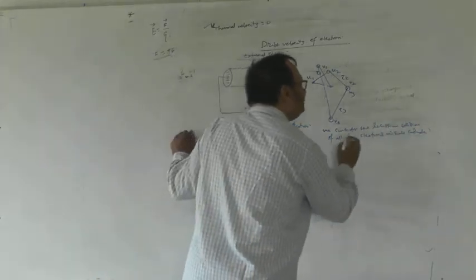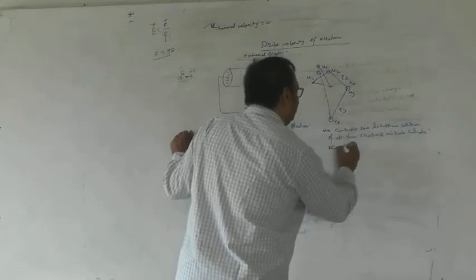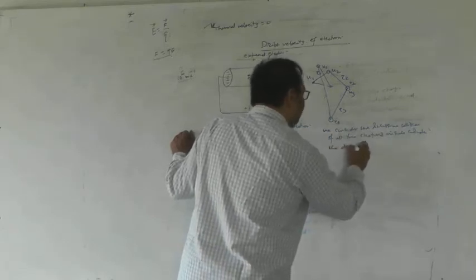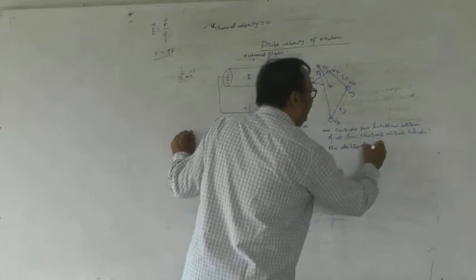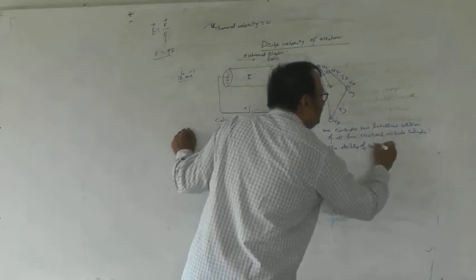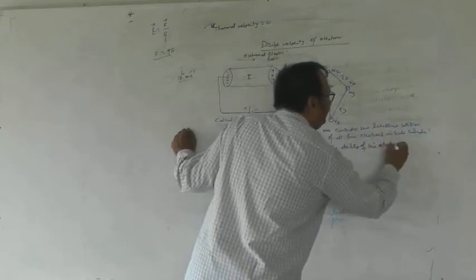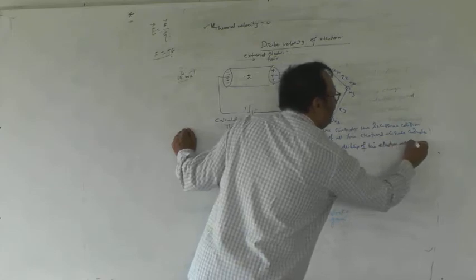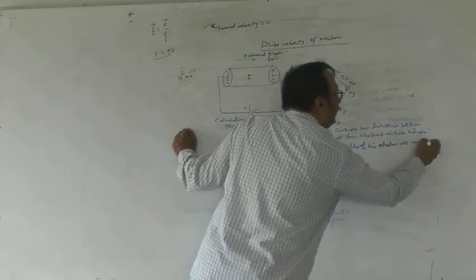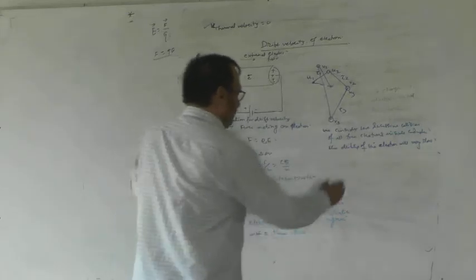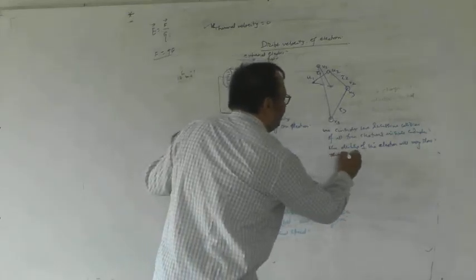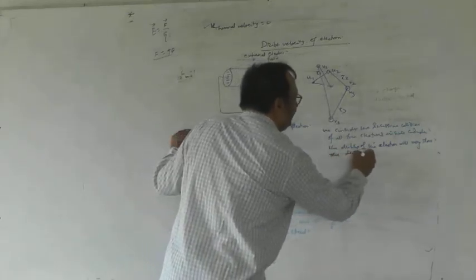So the drifting of the electron will be very slow. So the drift velocity